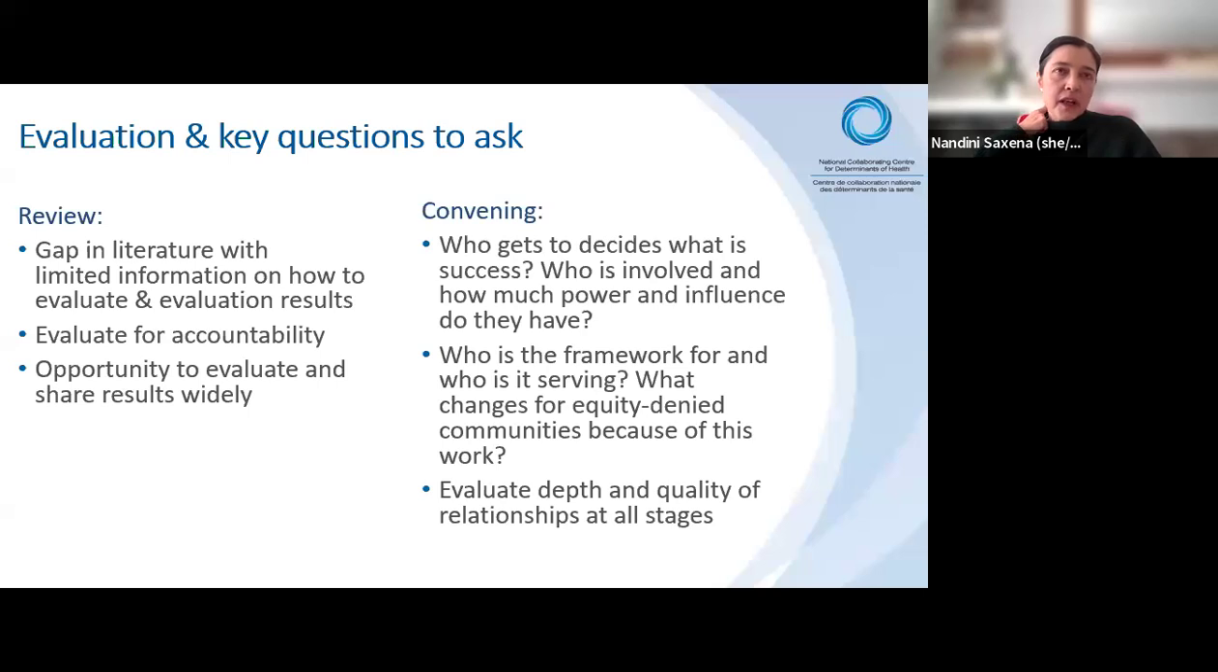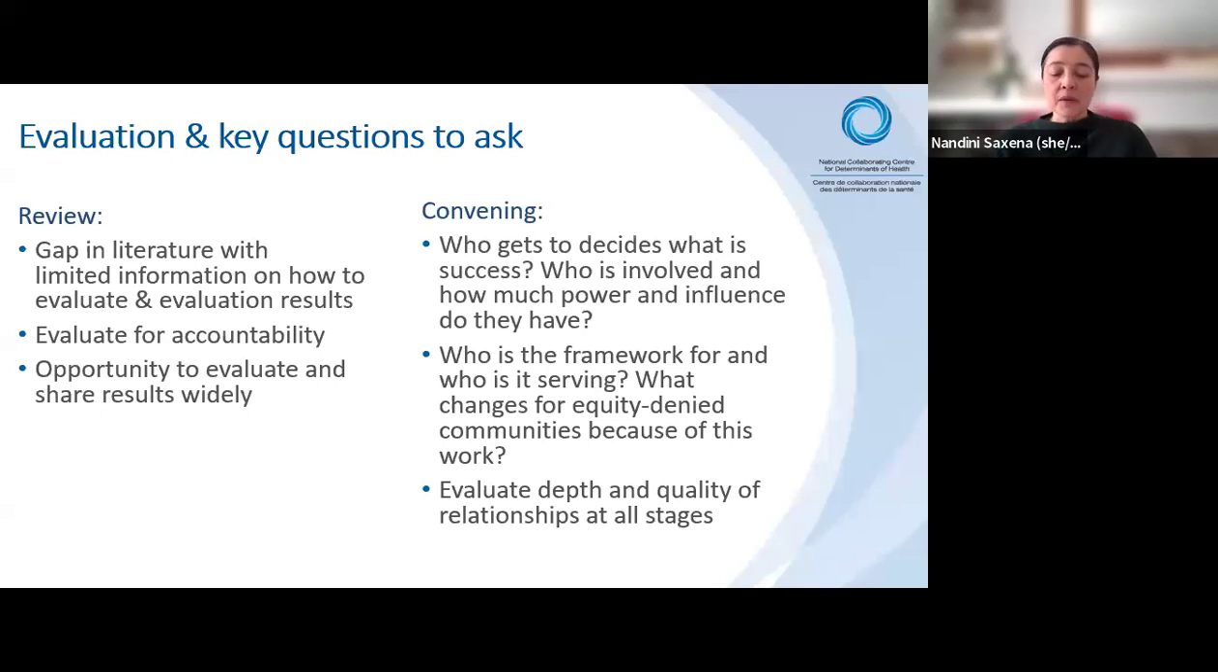And given there were such limited findings in the literature related to evaluation, we included a call in the literature review, which was essentially inviting people to evaluate the work that they're doing around health equity and the use of frameworks, and to share those results widely so that others can really learn about what works and what doesn't. And then very briefly, during the convening with the 50 people who we met up with back in 2024, they came up with a number of critical questions that need to be asked during evaluations of